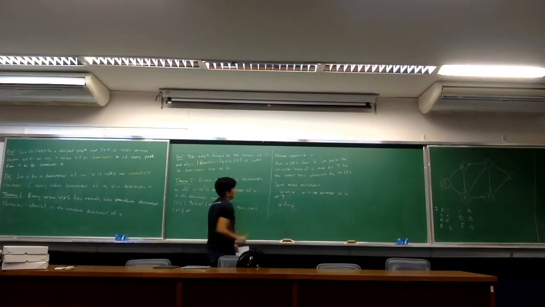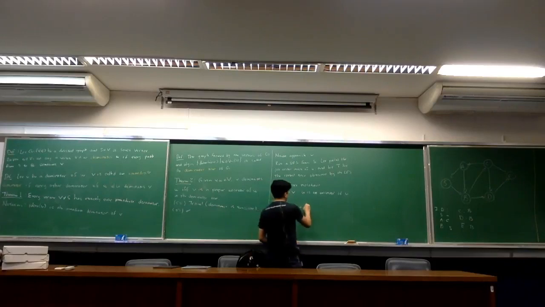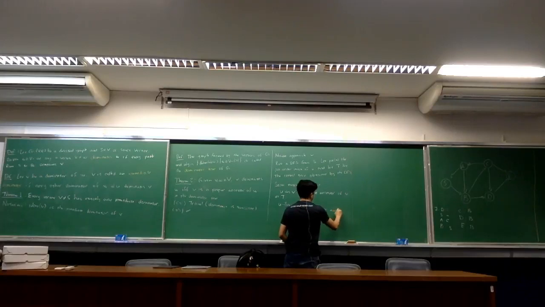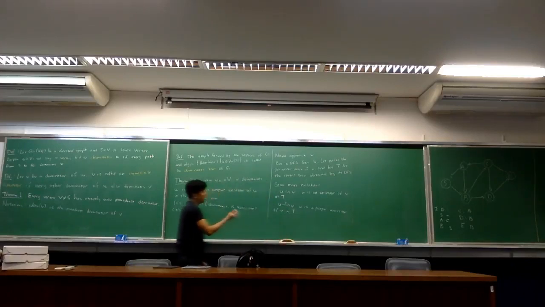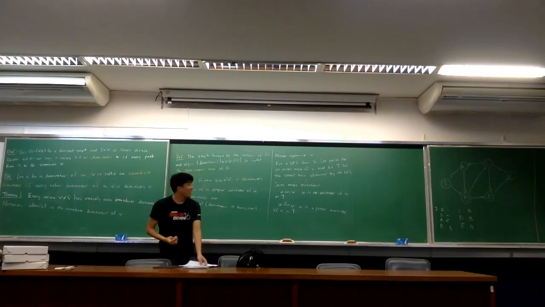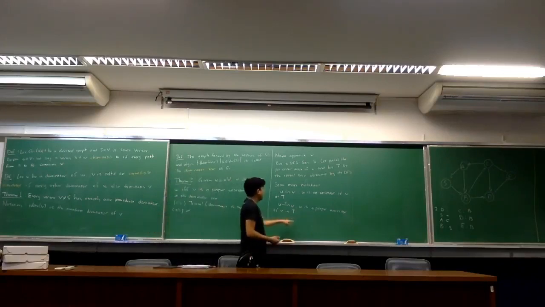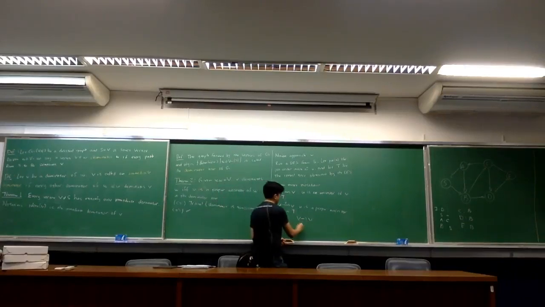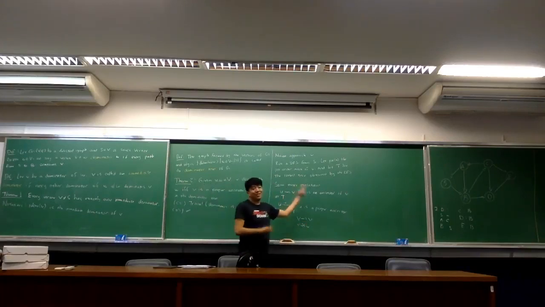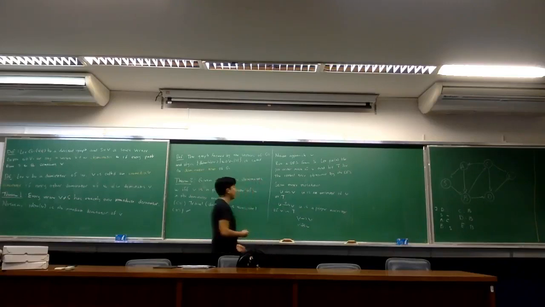With a plus sign over the arrow, we will say that U is a proper ancestor of V. The difference between an ancestor and a proper ancestor is that one vertex is an ancestor of itself, but it's not a proper ancestor. A proper ancestor is an ancestor that is not itself. That's the only difference.